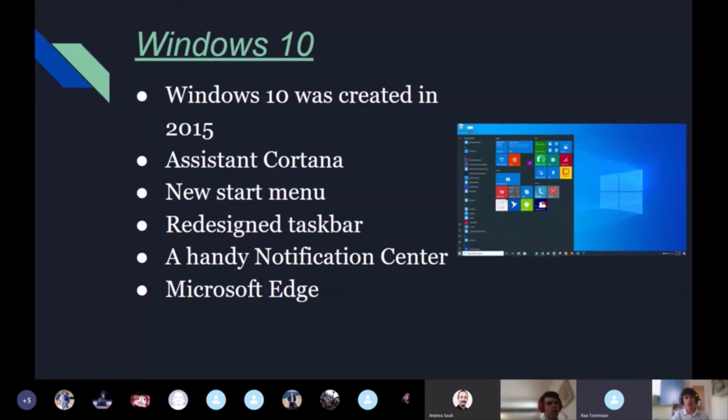The final Windows, Windows 10, was released in 2015. It had a lot of interesting news. For example, the application bar, a new start menu, the Cortana vocal assistant, a new settings app, and the notification